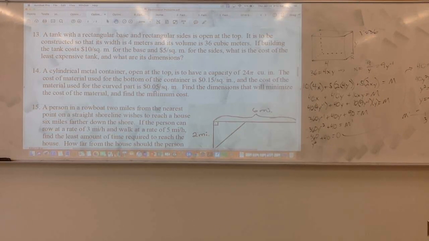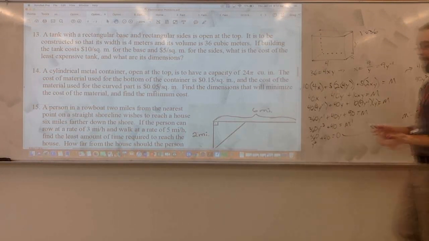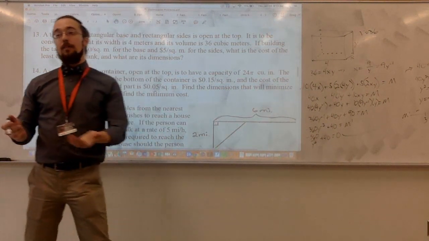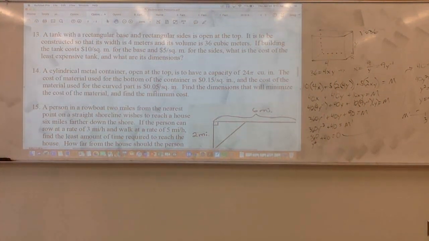Well, didn't you say that you spoke about, yes, if we're given a constraint of a perimeter, and we're trying to maximize area, that will always be a square. However, in this case, it was a little bit different. We were trying to minimize cost, and the costs of different pieces were a little bit different. So now we're going to put them back into the